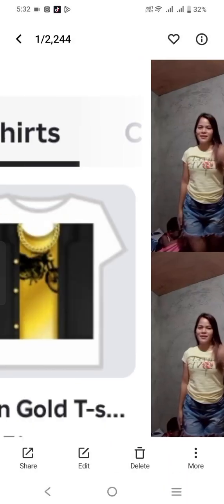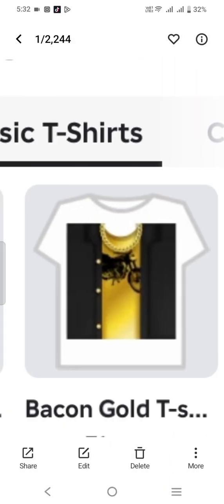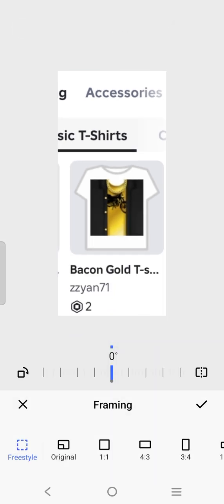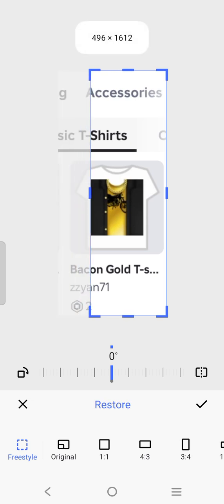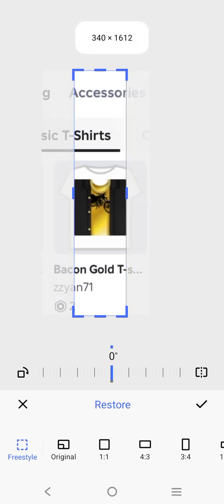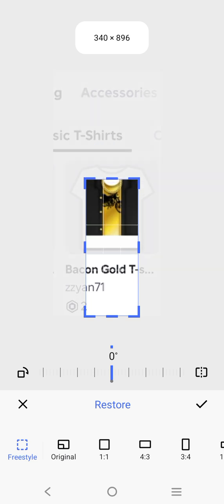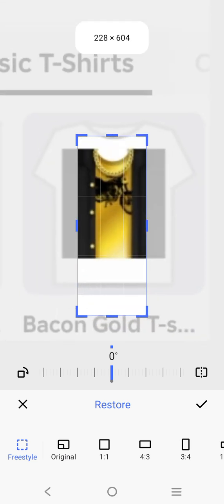Got two. So you need to click the edit. And now click framing. Framing. And then copy what I do here. So like that.